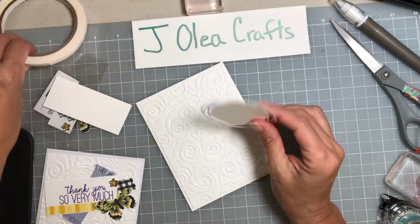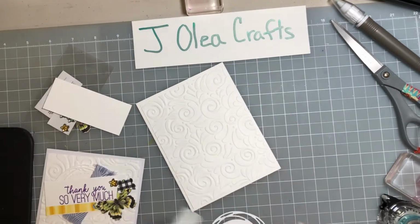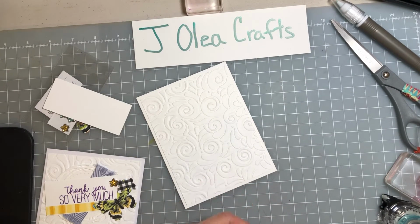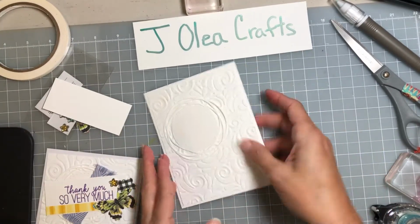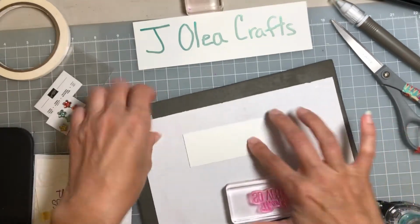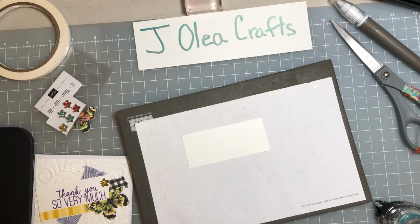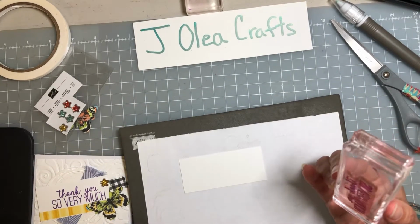We're going to add this guy. Actually, I'm going to put the Tear & Tape on here, but I'm just not going to add it quite yet. What I'm going to do is I'm going to stamp my image onto my piece of paper, and then I'm going to add the washi tape just so that I have enough room. This guy, I'm going to put a little bit higher than the middle,